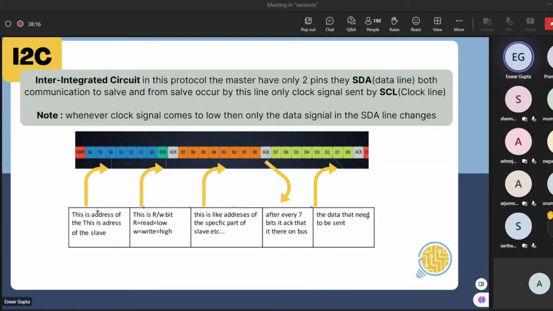So if it is having only 2 pins for communication, how does it communicate with multiple slaves? That's a question that arises. Here comes how the data is transferred in this. SDA is a single data line. It is a 2-way data line. That is, master can send data to slaves, and slaves can send back data via that line to master. I am just covering master to slave, how the data is transferred from master to slave now.